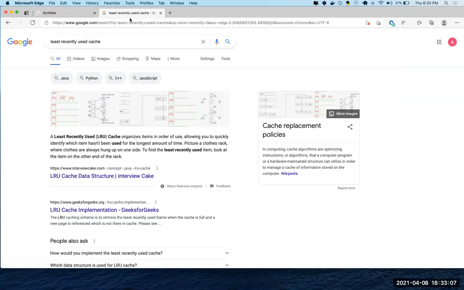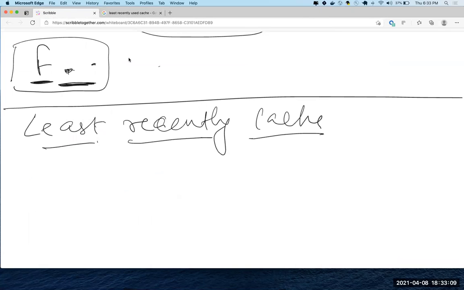Okay. Since Ankita, Padmaja and Vinay are new, before we do least recently used cache, I just want to take a small topic in linked lists. It's a trick I learned when I was interviewing, and it actually helped a lot. If you go to LeetCode, this thing will help you.